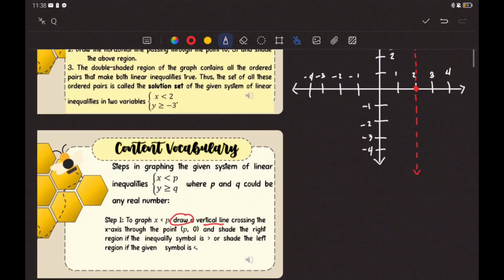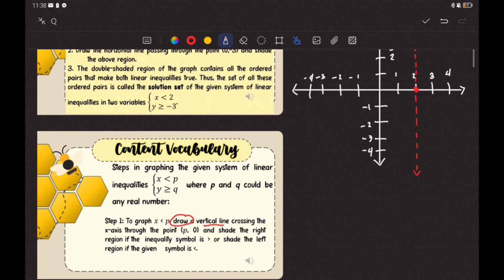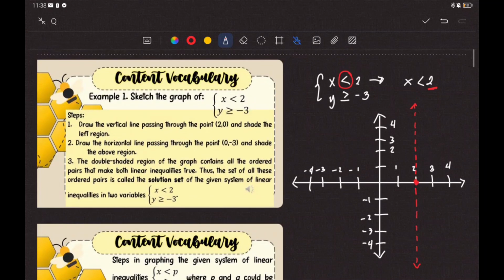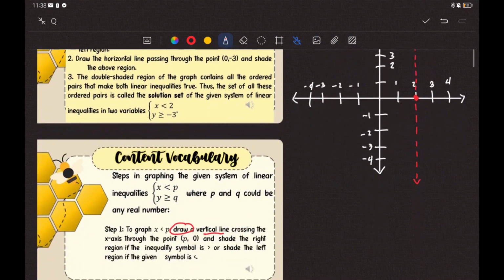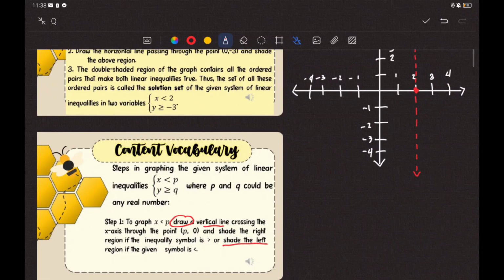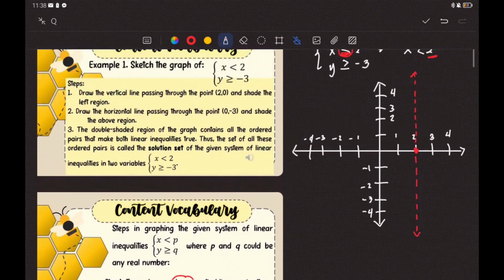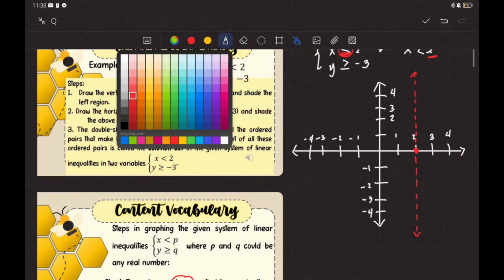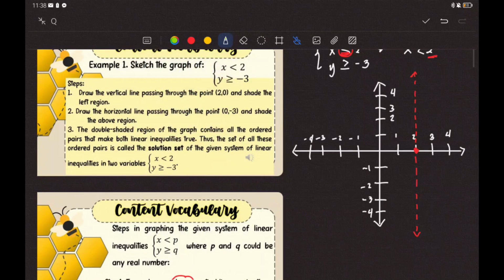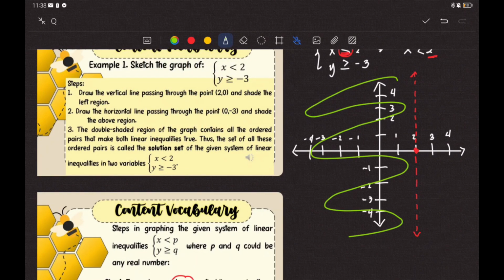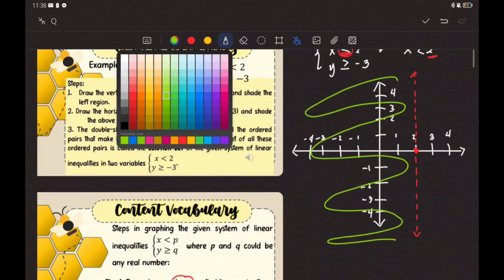The next step is to shade the right region if the inequality symbol is greater than. But since we are using less than, we are going to shade the left region because our inequality is less than. So the part where we are going to shade for the first inequality is this one. Now let's proceed to